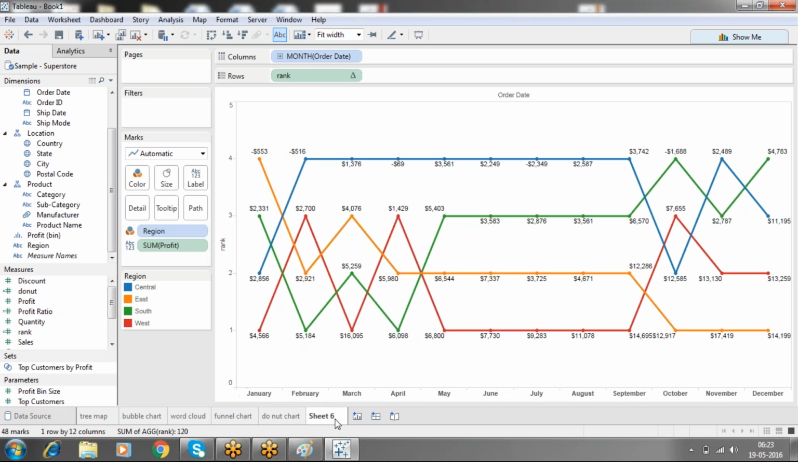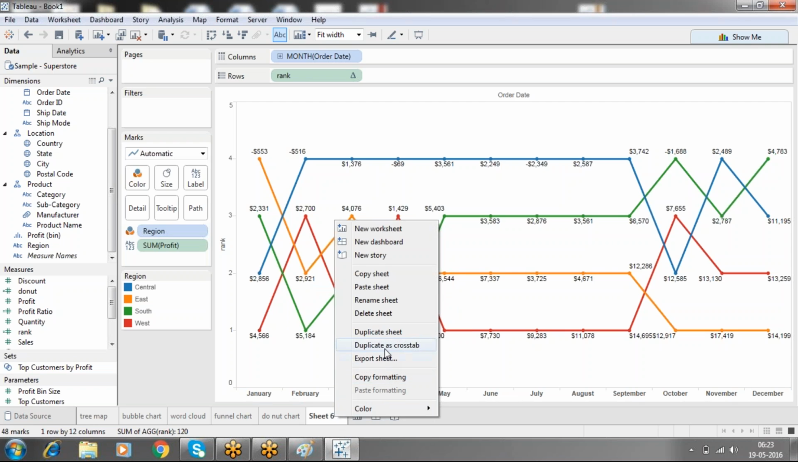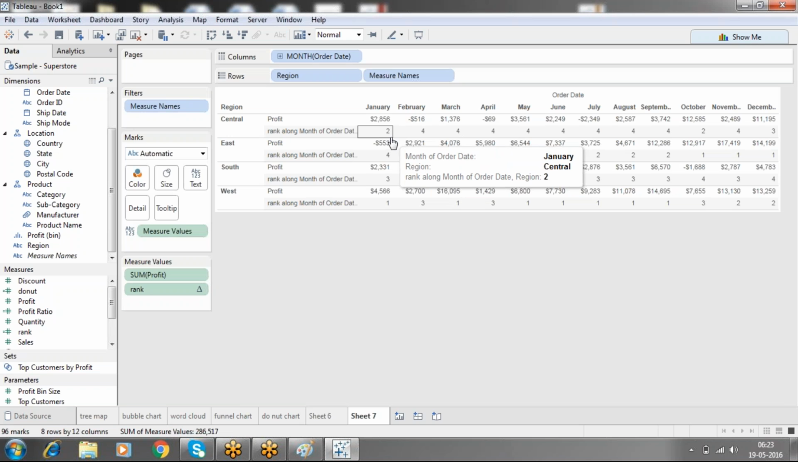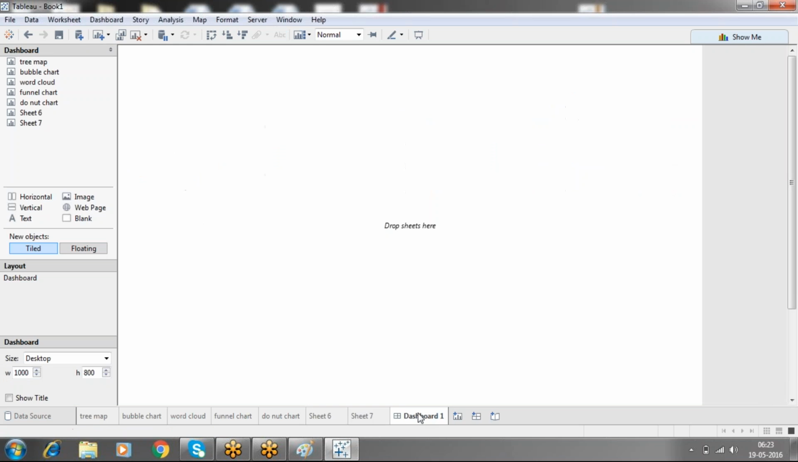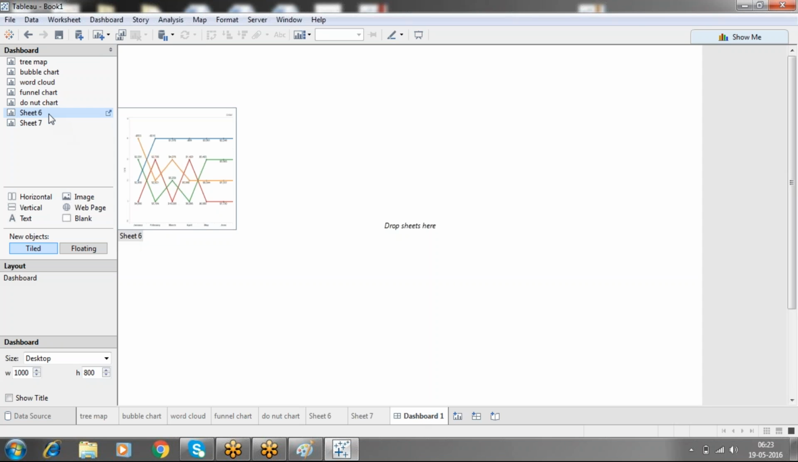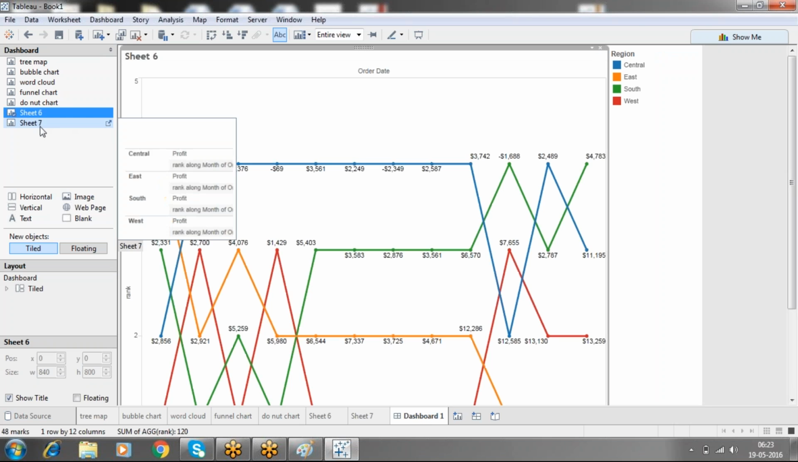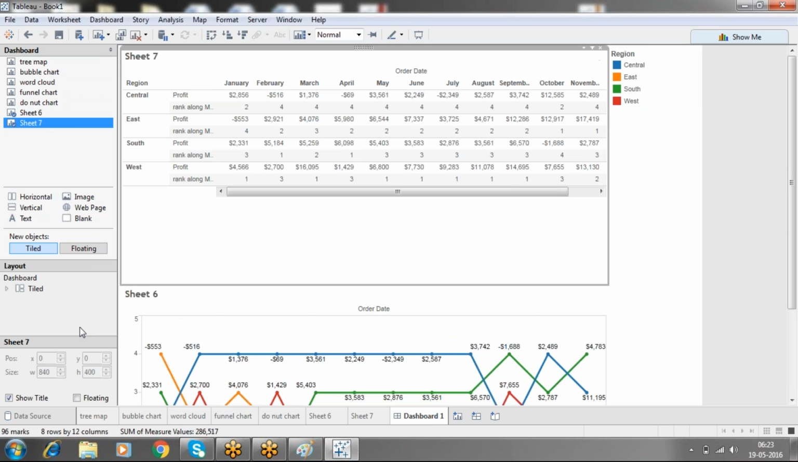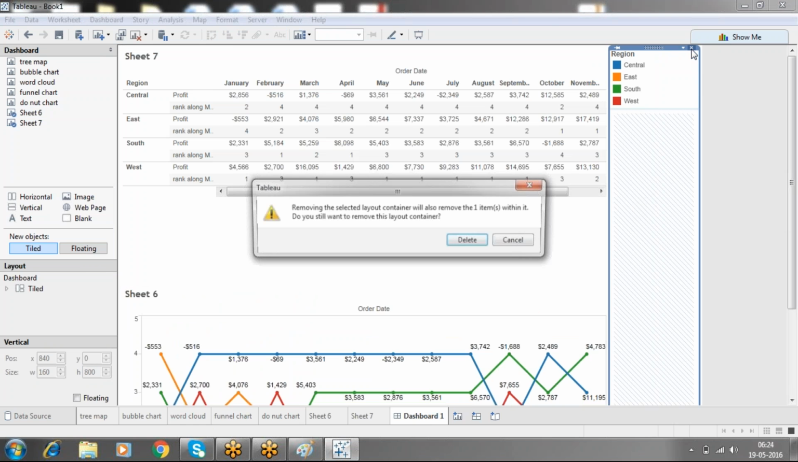If I right click on this and duplicate as cross tab, I can see which month has which ranking. At this level, the first rank happens for West, and similarly for each and every region. Then I place these sheets, the sixth and seventh sheets. If I place the sheet at six and the other at seventh, then as per this, whatever the region is,